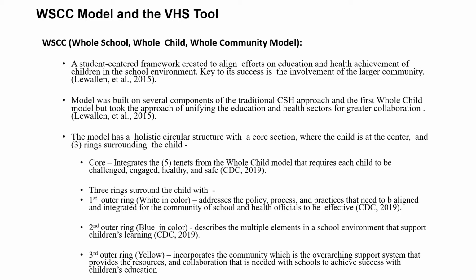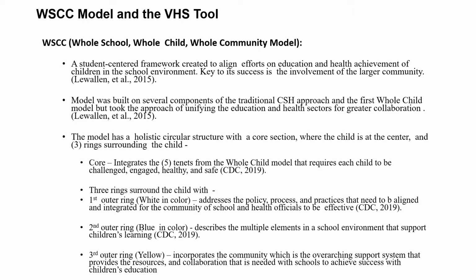The model has a holistic circular structure with a core section where the child is at the center, and then there are three rings that surround the child. The core integrates 5 tenets from the whole child model, and that requires that each child should be challenged, engaged, healthy, and safe. The 3 rings that surround the child begin with the first ring, which addresses the policy, process, and